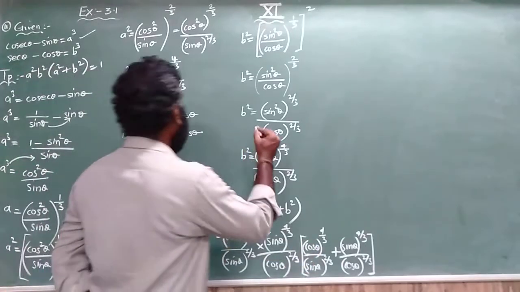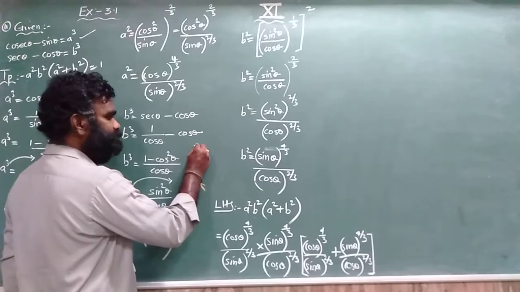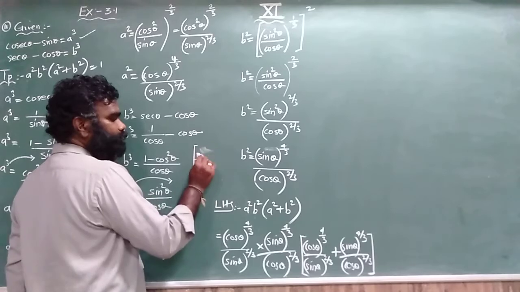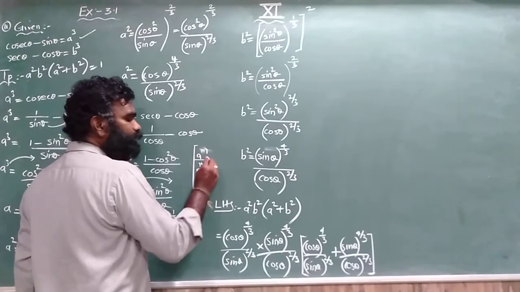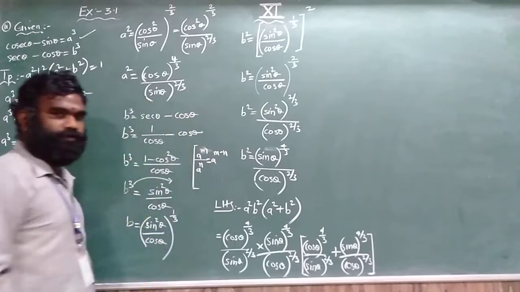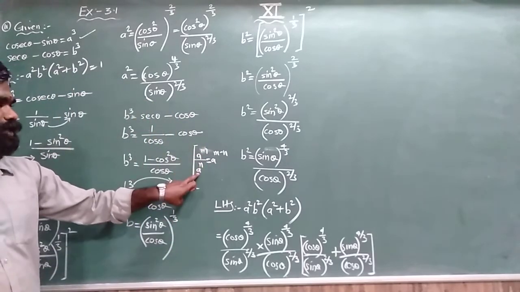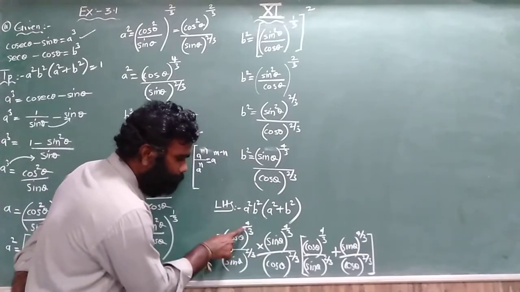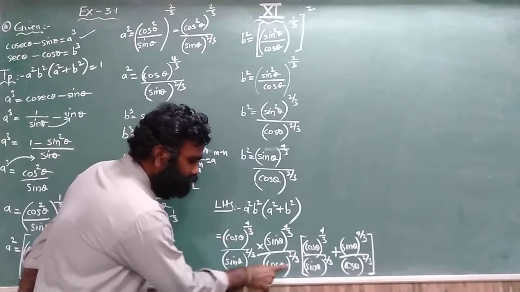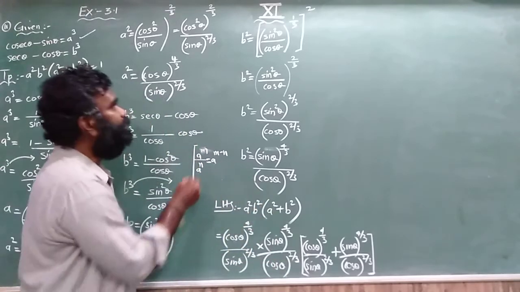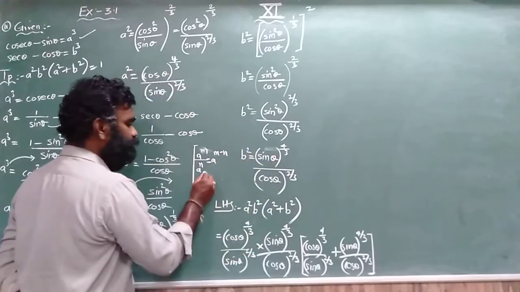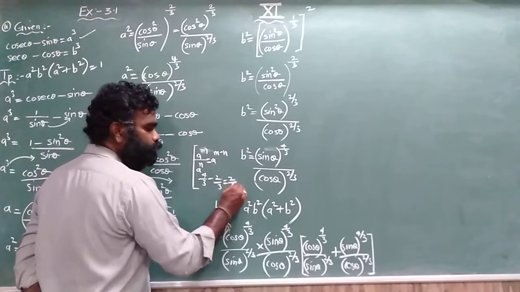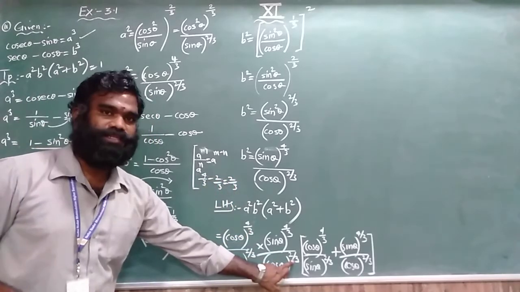If I am going to see, we know the formula. What is the formula that is well known for us? Listen carefully here. If I write a^m divided by a^n, I can write a^(m−n). Here both are cos θ. Here power 4/3, here 2/3. This 2/3 comes upward: 4/3 minus 2/3. What is 4/3 minus 2/3? 3 are common, 4 minus 2 is 2/3. So 4/3 minus 2/3 is nothing but 2/3.